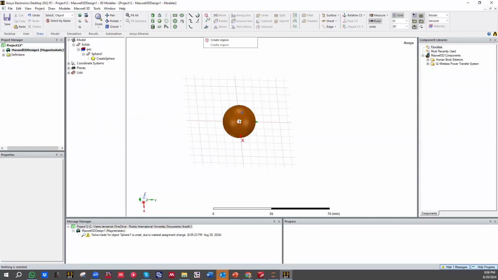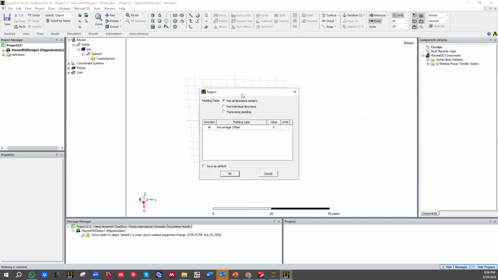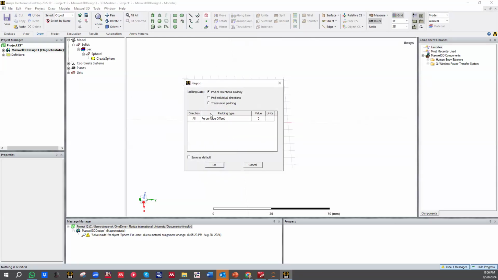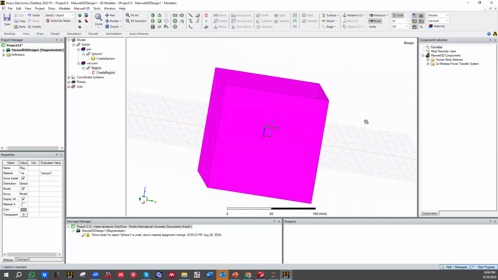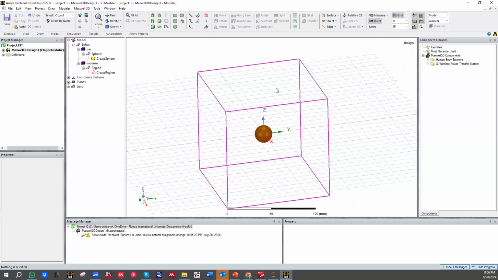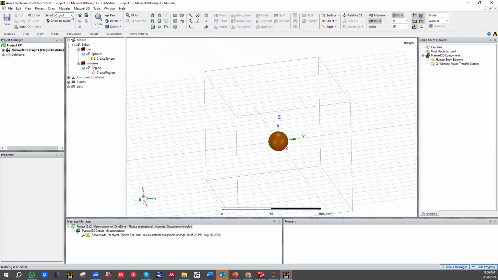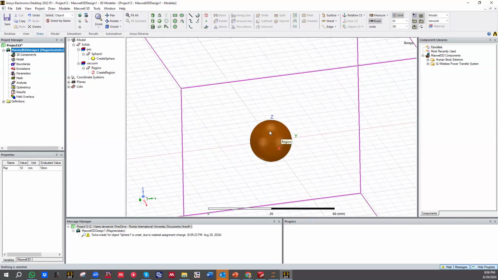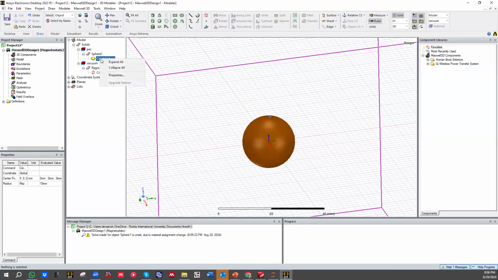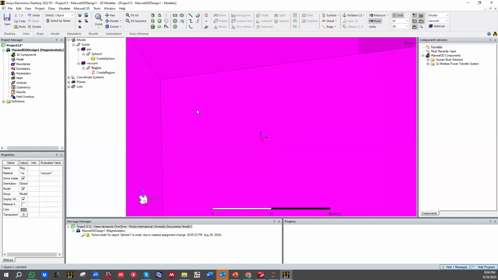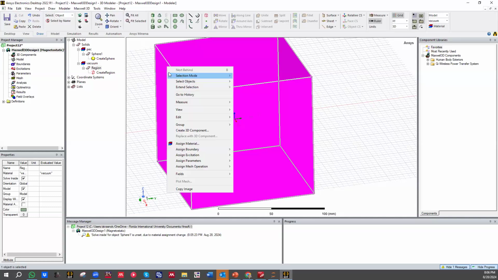Then I need to define the area around my object. So let me do something like a 50 millimeters sphere area around. Whatever is inside this area will be simulated, right? So then what I do next, I charge my sphere. Okay, so I highlight my sphere, and then oops,